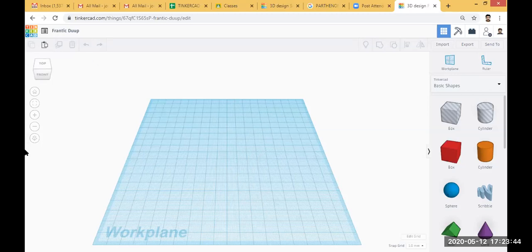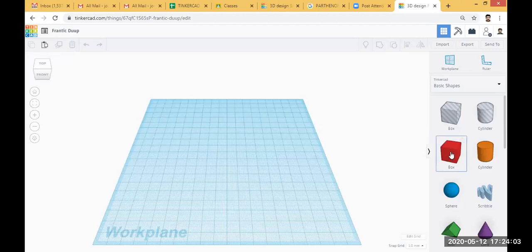On the left side, you can see there are so many options. On the right side also, there are so many options. Yesterday I posted a video in Google Classroom, and the first example is the same video. Please watch it.